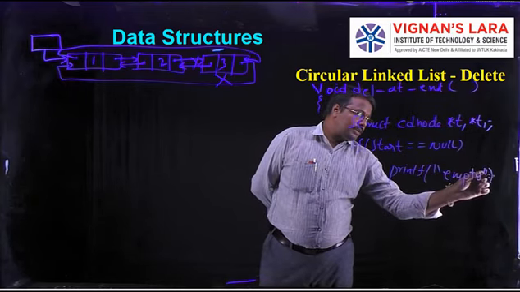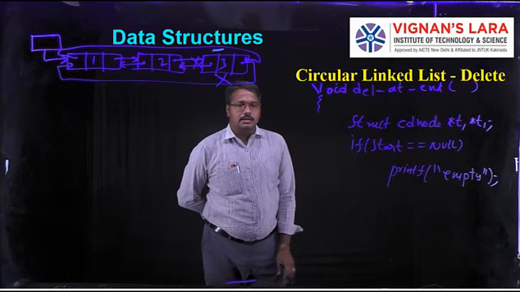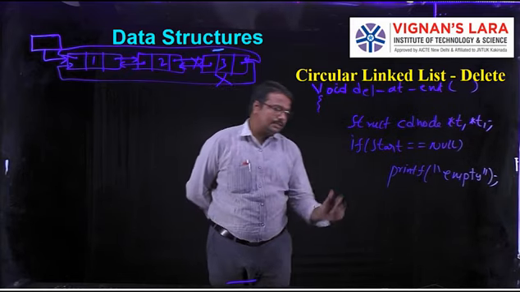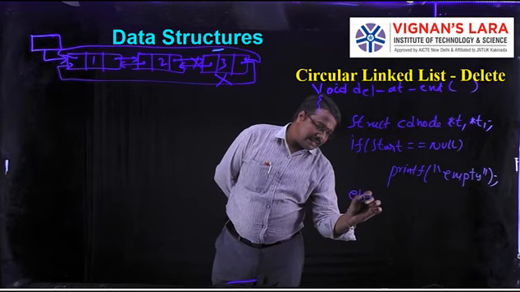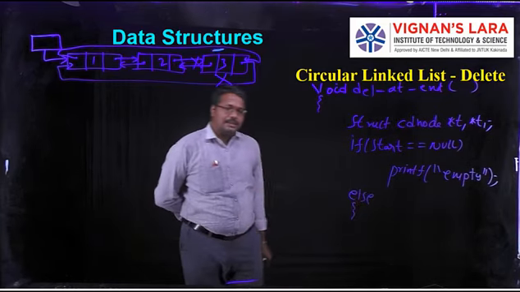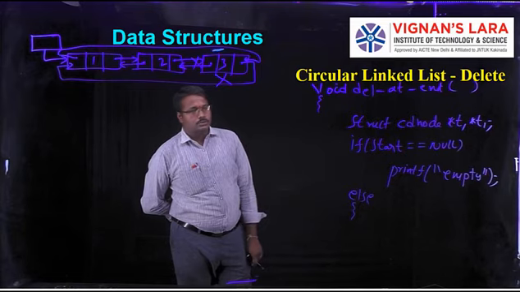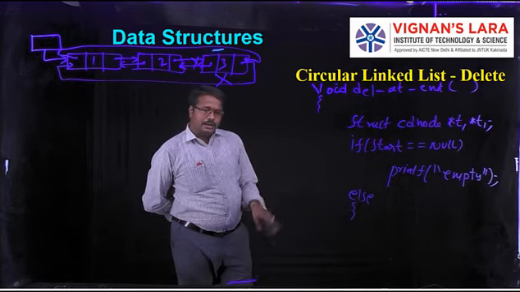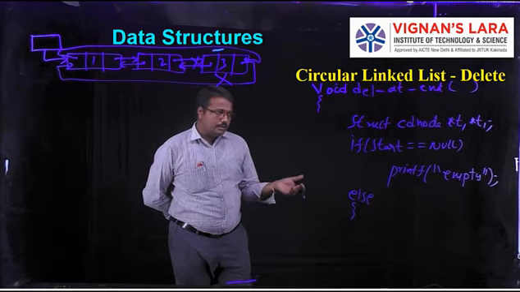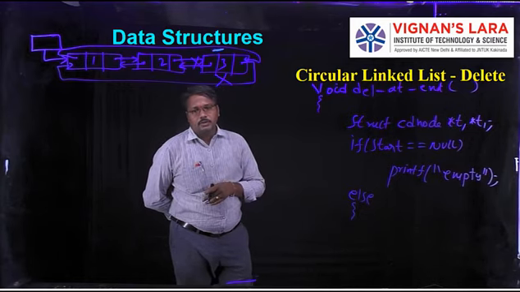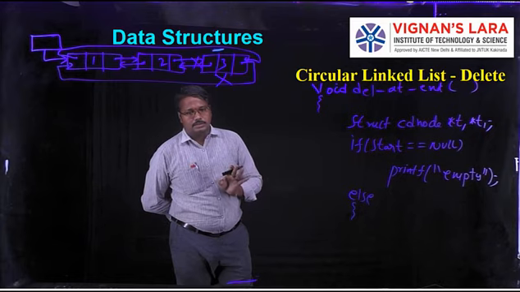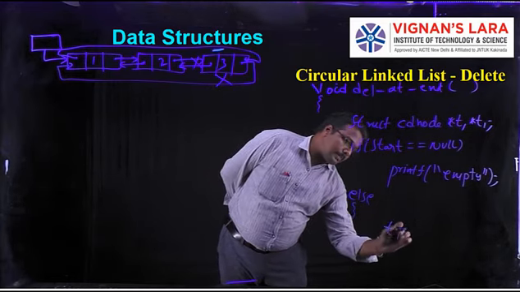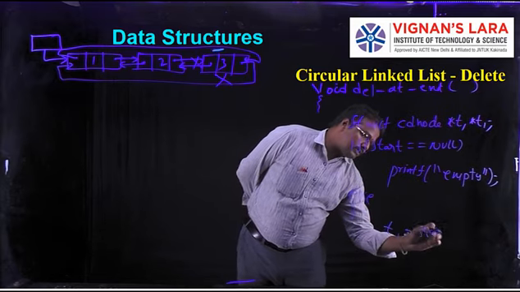So we can make it as circular double linked list is empty. In our case, what I have to do is first we need to travel in the circular double linked list to find the last node address. So to find the last node address we need to travel, means T1 is equal to start, that is the common.